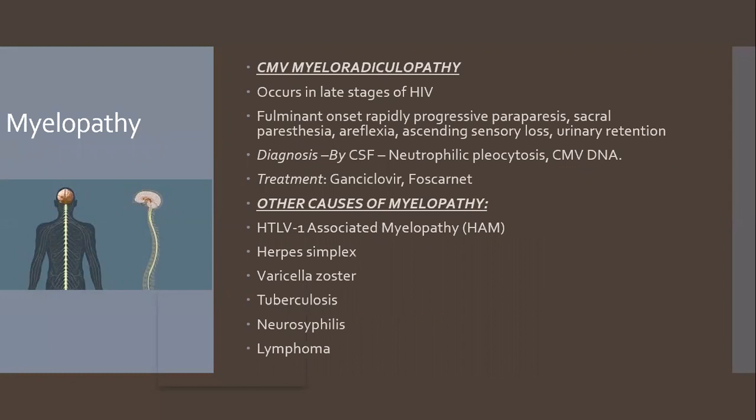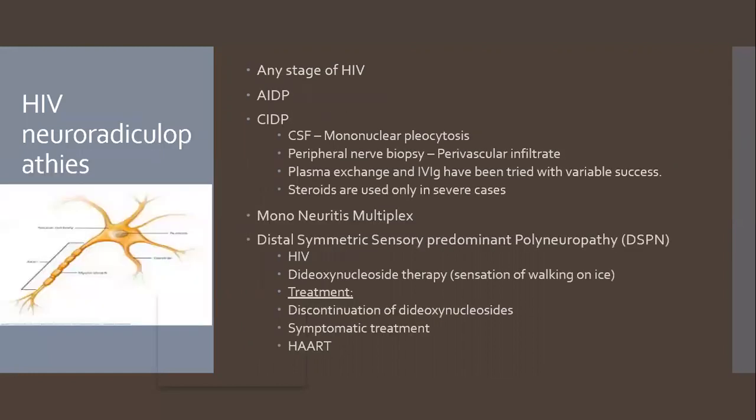If the spinal cord is affected plus nerve, it is called myeloradiculopathy. The infections causing this will be HIV as such, HTLV, herpes simplex, varicella zoster, TB, neurosyphilis, lymphoma. Just know the names. Again, HIV neuropathy. Any form of neuropathy can occur. Diabetes causes ASCVD. So you know very well in diabetes we can have any form of neuropathy, right? Mononeuritis, polyneuropathy, mononeuritis multiplex, autonomic neuropathy. Any form of neuropathy can occur in diabetes. Similarly, any form of neuropathy can occur in